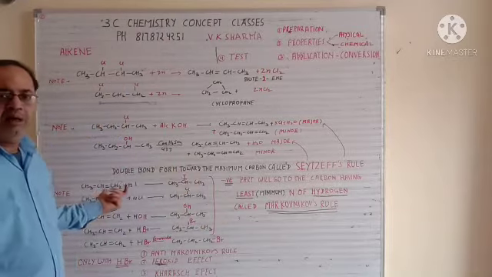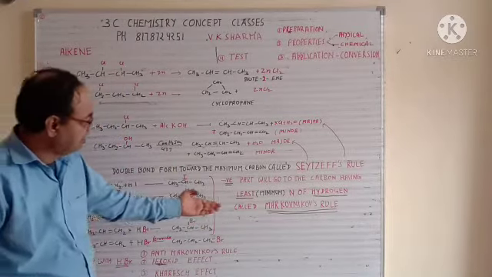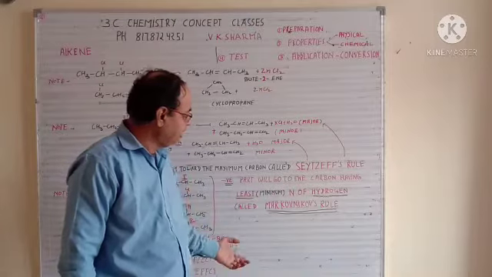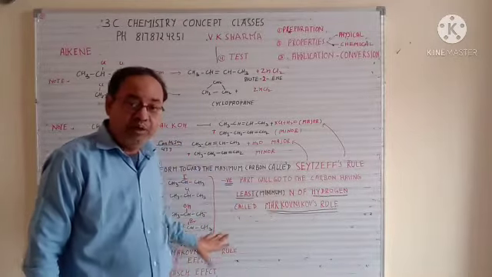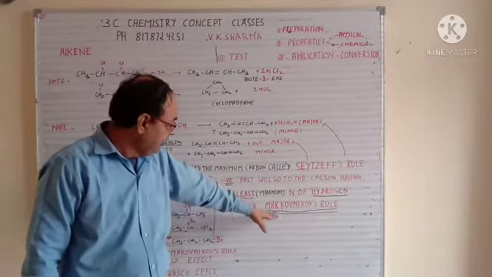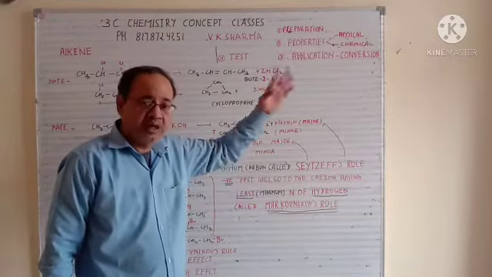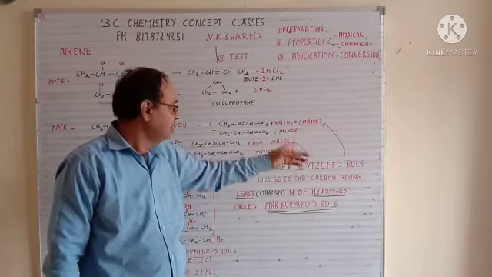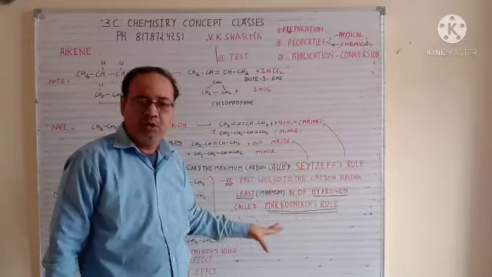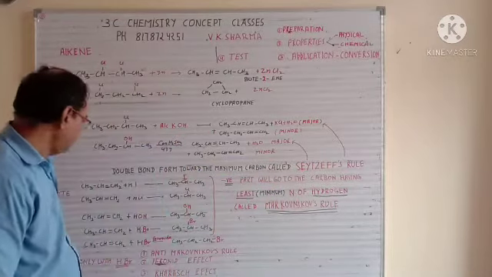The negative part goes to the carbon having the least number of hydrogen. So this rule is also important. Just keep it in mind whenever we use it in the reactions. I will name the reactions so you understand the importance of this rule. So the Saytzeff rule and the Markovnikov rule are the important ones.